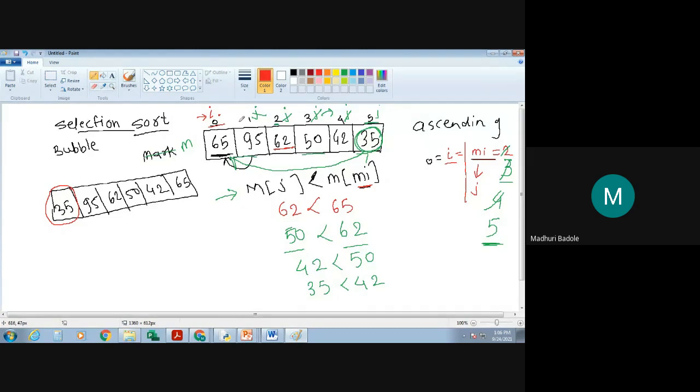Now in this case, your 0th index has the minimum element. Now you are going to proceed to the next one by incrementing the value of i. After incrementing the value of i, here it will be your value of i. And as we know that we are going to compare from the next element, whatever the next index is, I am appointing it as the jth index. Fine.